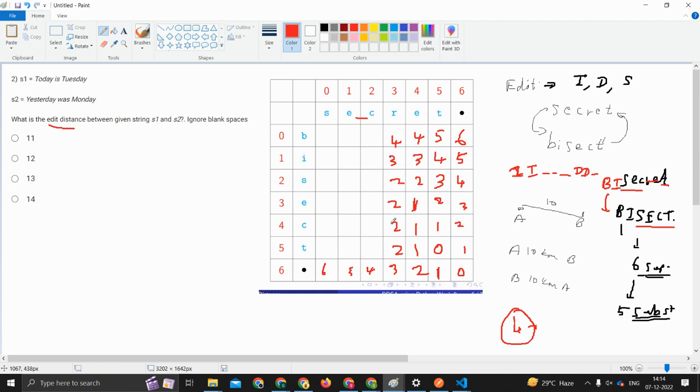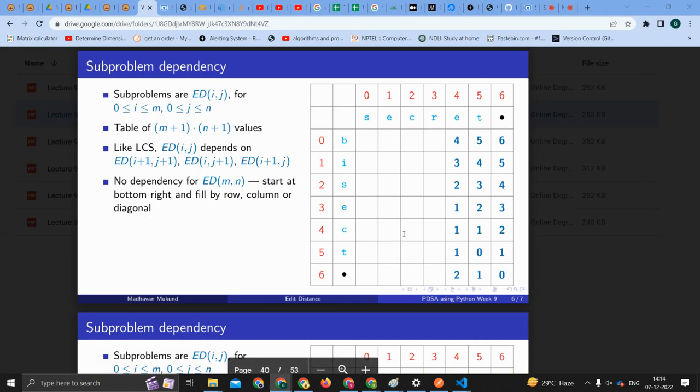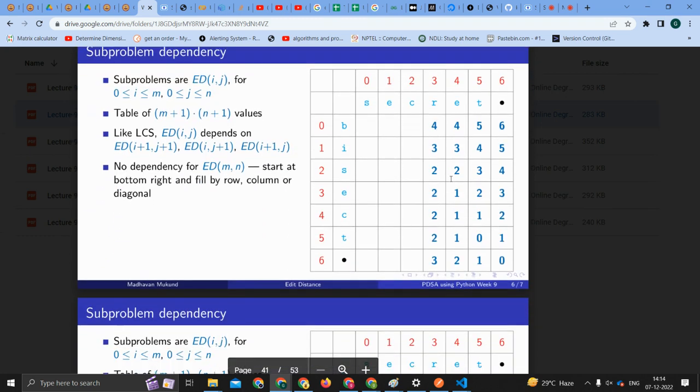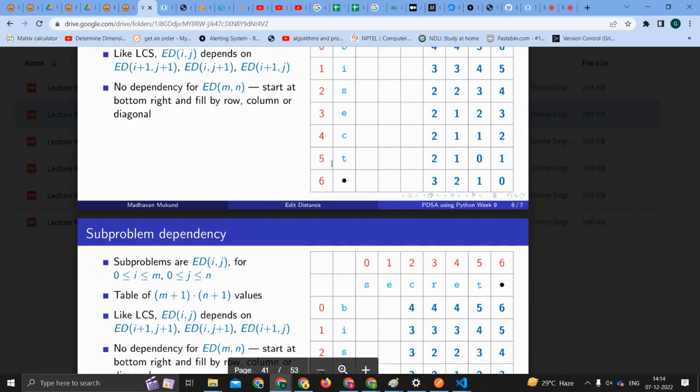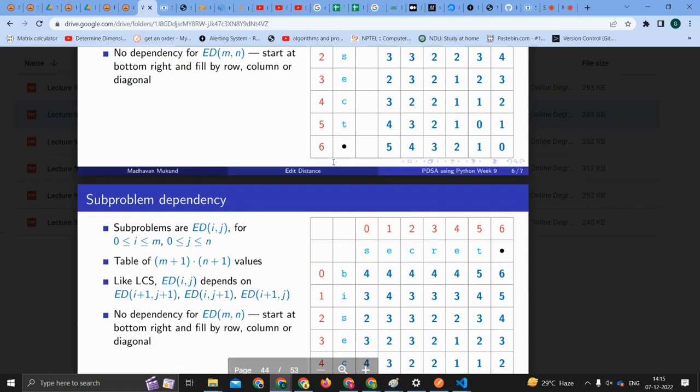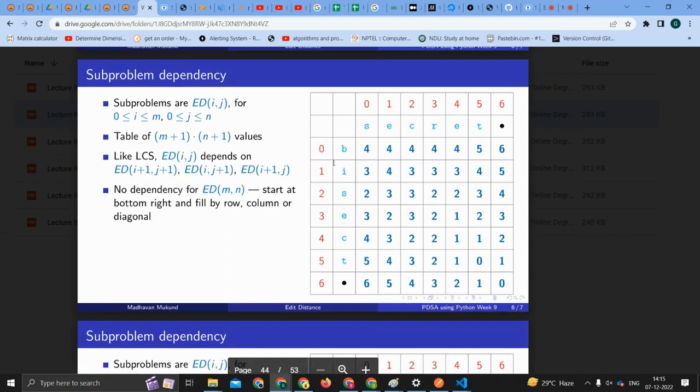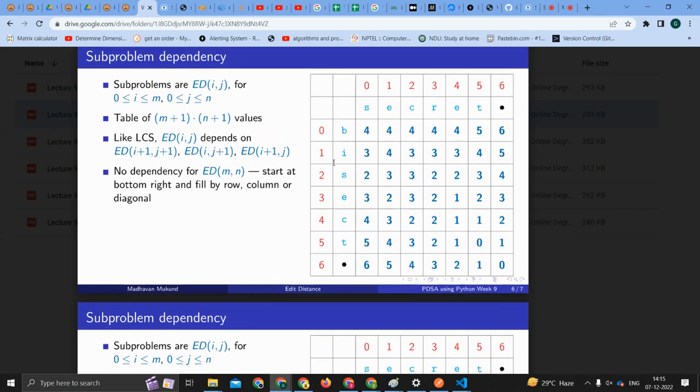All right. Let's verify that: 4, 3, 2, 2, 2. Let's check that. 4, 3, 2, 2, 2. Yeah. Similarly, I believe that you guys will be able to fill up the remaining. Don't worry, I'll take a smaller example wherein we fill all the things. Now, once this is filled up,